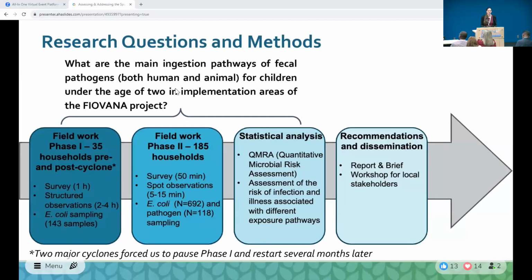The research study had 2 main research questions that were investigated. The first question was trying to understand what the main pathways of fecal pathogens are for children under 2 within these implementation areas. This was investigated through field work that was broken down into 2 phases. The first phase included collecting more detailed information from 35 households through household surveys and these more detailed, longer structured observation periods of 2 to 4 hours, observing children's behaviors and all the potential exposures within the household environment, and